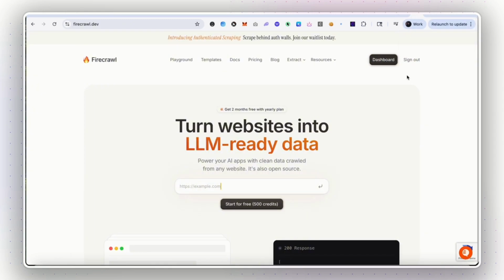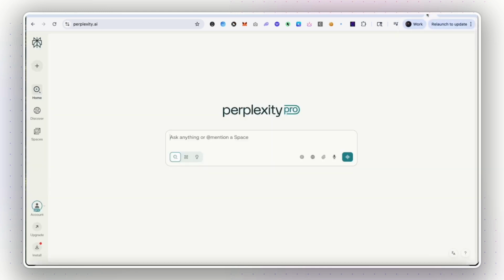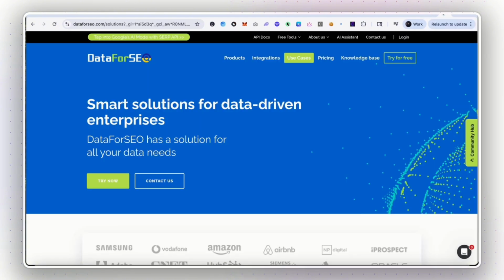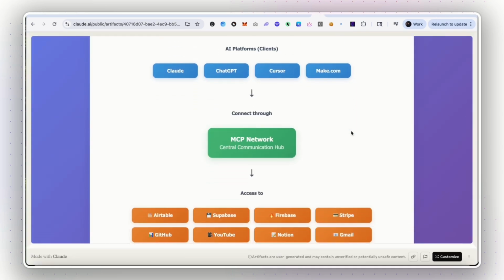It can be used to scrape other sites. So in this use case, we can scrape our business website, have all that information pulled directly into Cursor, and then use Perplexity in order to do keyword research on the topics and the services or products that are listed on our site. And then we can use data for SEO in order to understand the different keyword volume, the competitiveness of the keywords to rank for them, and put it all together in order to come up with a game plan. And so the first step in all of this is actually going ahead and installing these MCP